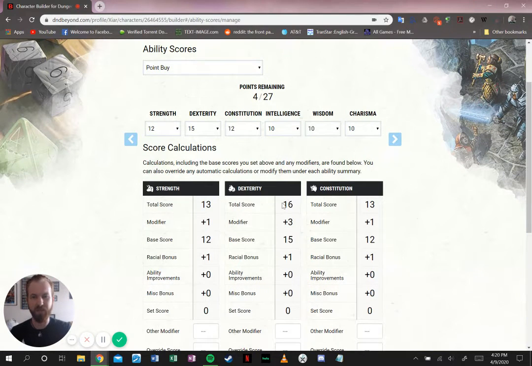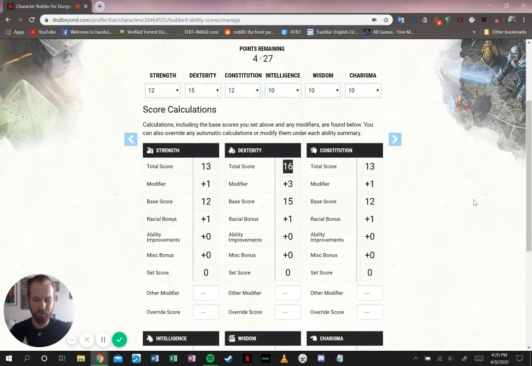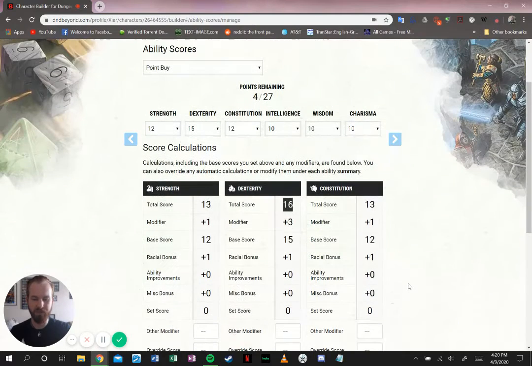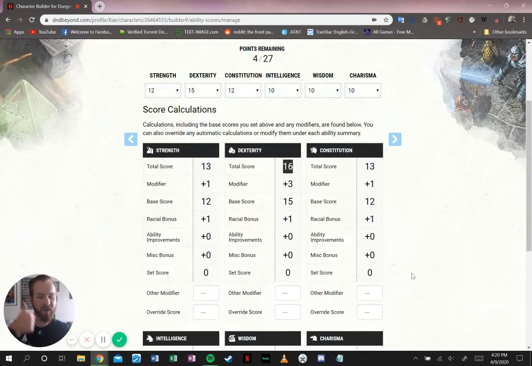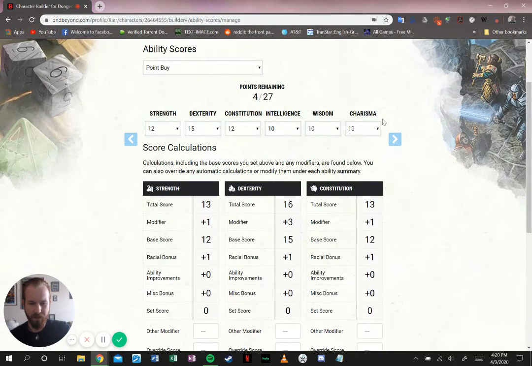So like you see, because I'm a monk, I get a higher dexterity score. Because I'm a human, excuse me, I get +1 to all of these bonuses automatically. Because it says racial bonus down here. You can see that. That's +1 bonus to everything because I'm human. If I was an elf, I would have a higher dexterity than that. But nothing, I don't think, can go above 18 at your starting level. So I still have 4 points remaining. I am going to be